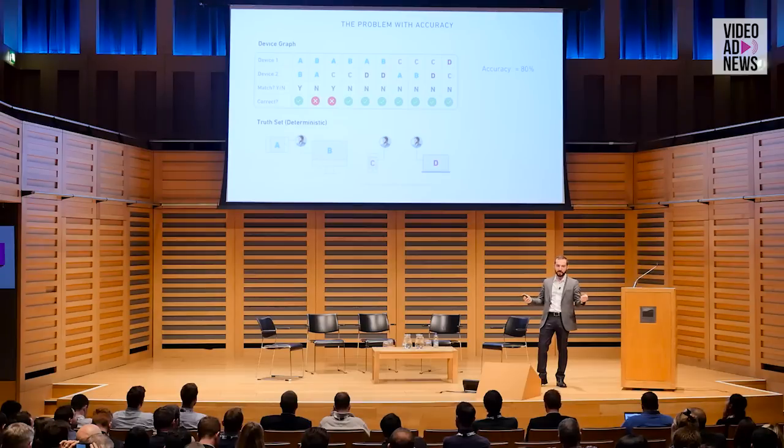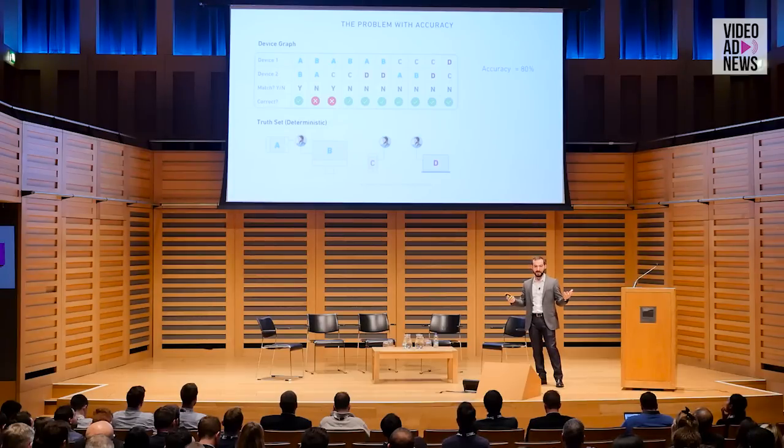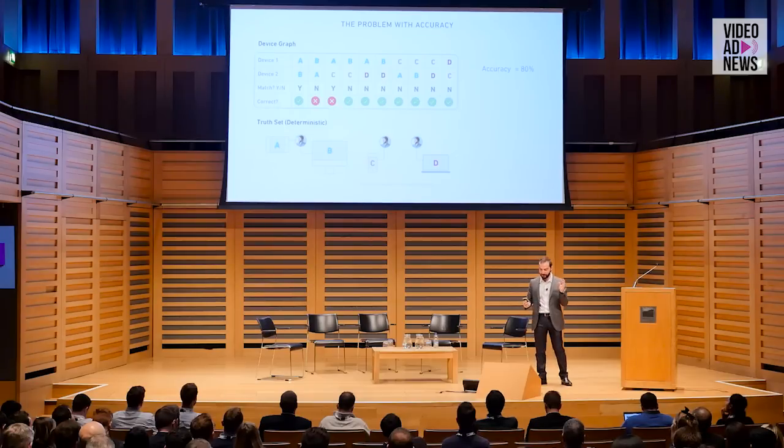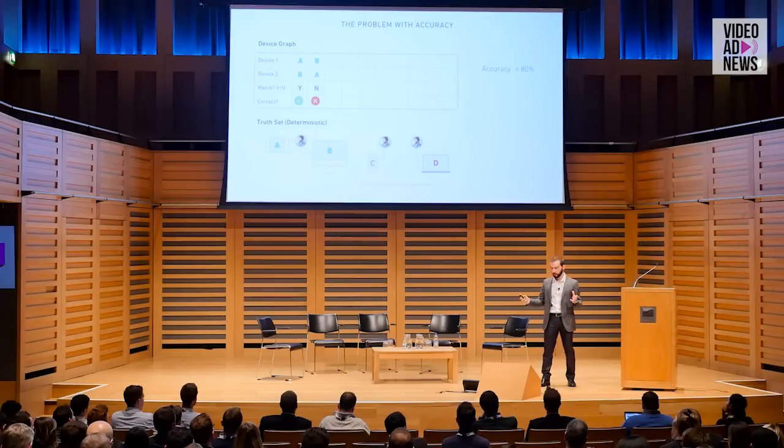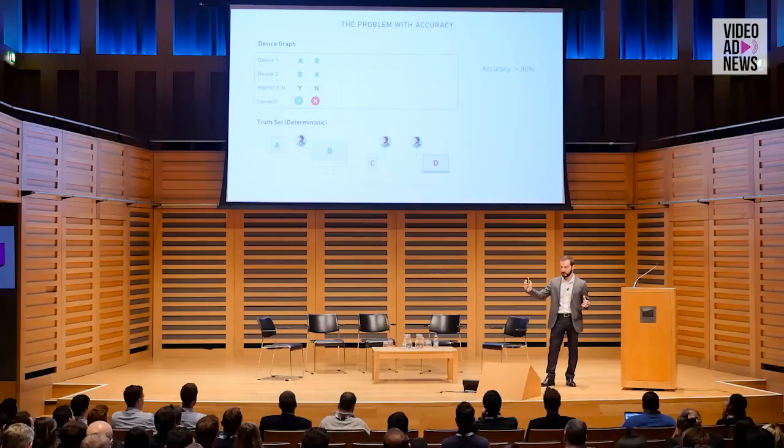And I have to say this because there's been a lot of press around the accuracy of cross-device solutions. And that's all good, and it's probably well-defined. It's just not the right metric to look at, right? And I'm going to quickly define two other metrics that are actually the relevant ones. There is a metric called recall. This metric says, of all the matches that exist, how many did you predict correctly? So you see what I did, right? I forgot all the ones that don't exist, and my recall is 50%.